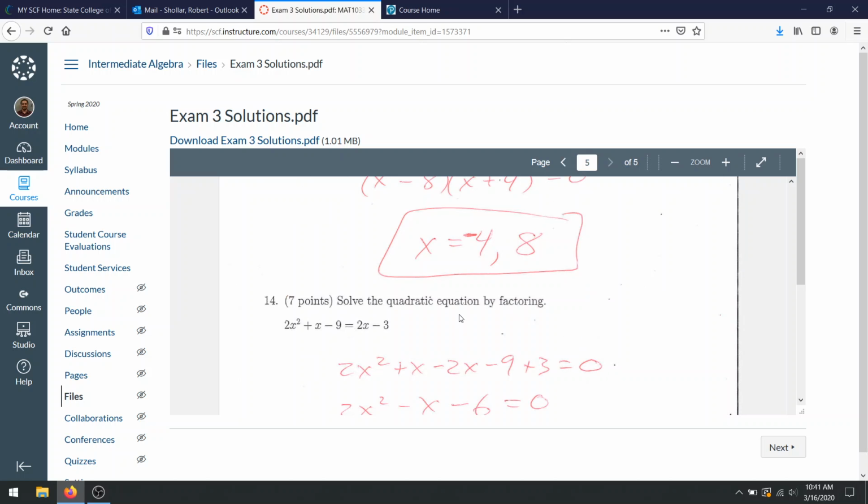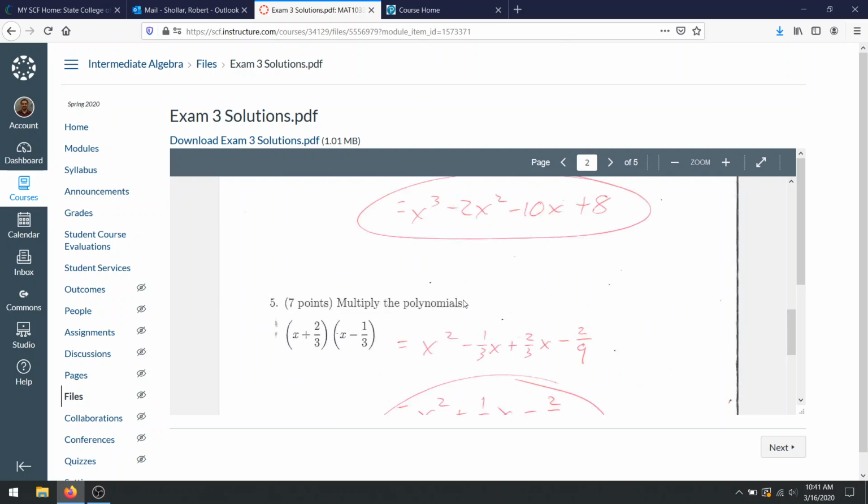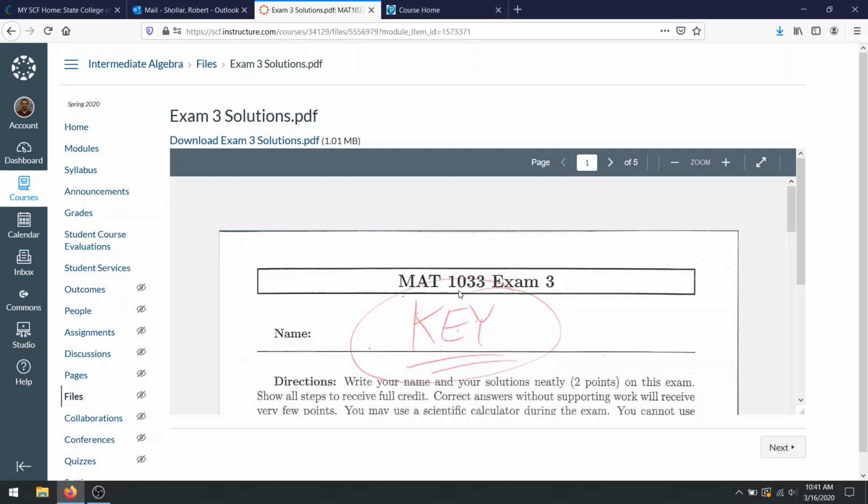I posted your scores. Obviously, since we're not on campus, I can't really return the exams, and it would be quite a task to try and break up all the booklets, scan and email them. So if it's a really dire circumstance and you want to see your exam, please just email me and let me know. Otherwise, I'll return them when we get back to campus.